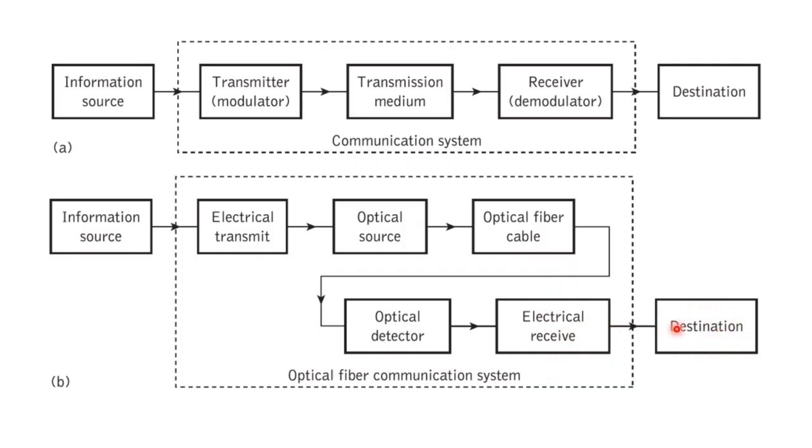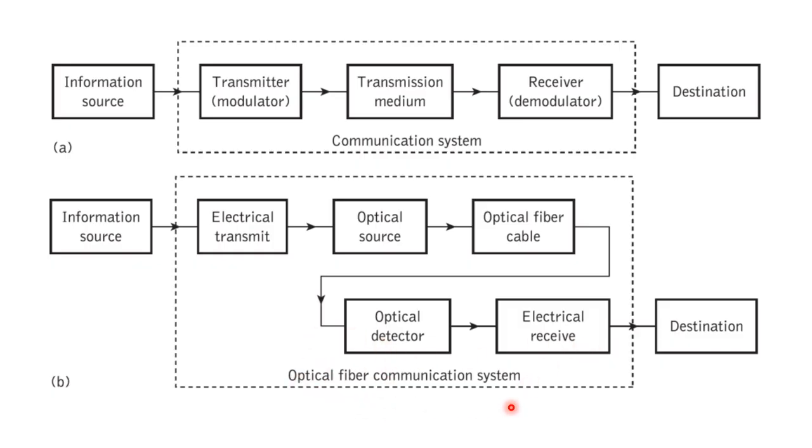So basically we have to add this part and this section. Two blocks we have to add. One is the optical source and another is the optical detector. In other words, we can say this optical source is nothing but electrical to optical converter, and this one is the optical to electrical converter. So this is the basic block diagram of the